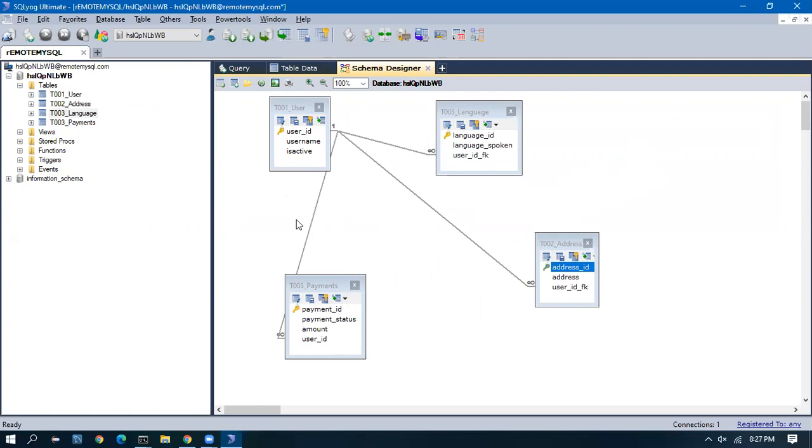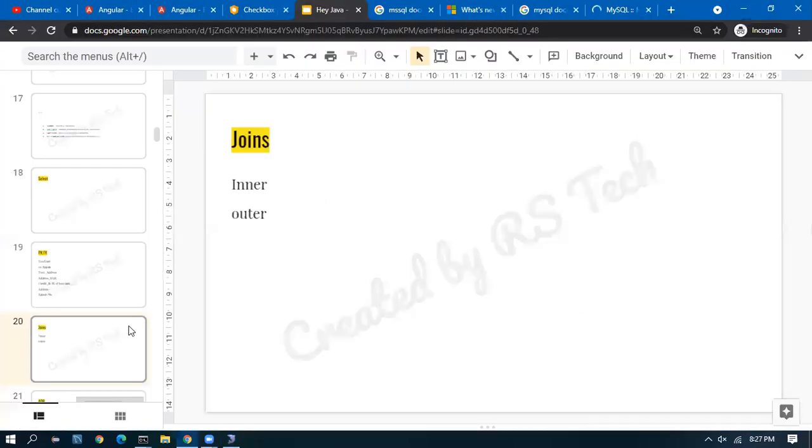Joins are nothing but linking two tables. Inner joins are the records common between the two tables. Left joins are the ones where the left table is kept as the standard and all the records from the right table will come up. Right joins are the ones where the right table is kept as standard and the left table records will come up. We saw a detailed example of how to use inner joins, left joins, and right joins yesterday.